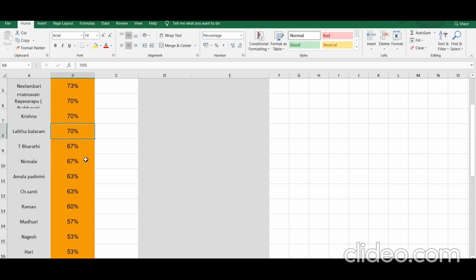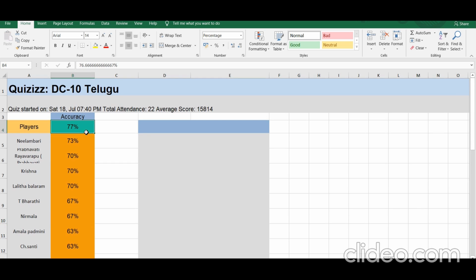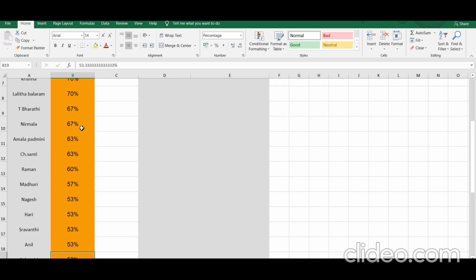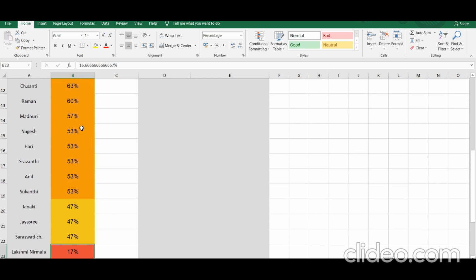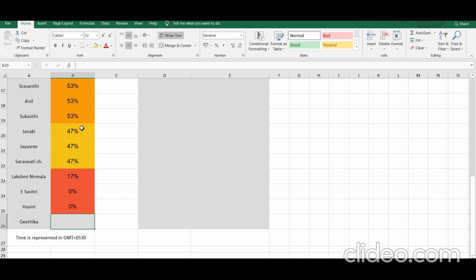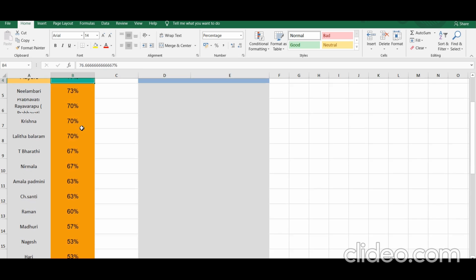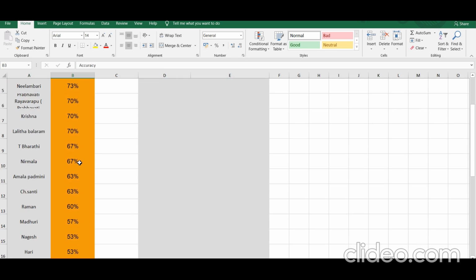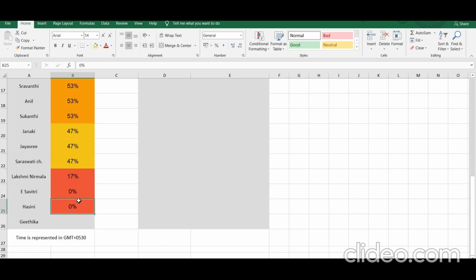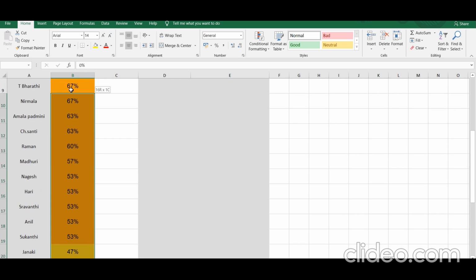As you can see, it will automatically sort the players according to the performance. So your rank card is ready, and you can copy this and post it in the group to the players who have actually played this game.